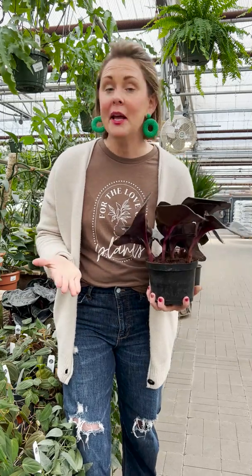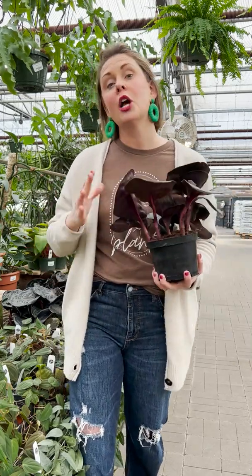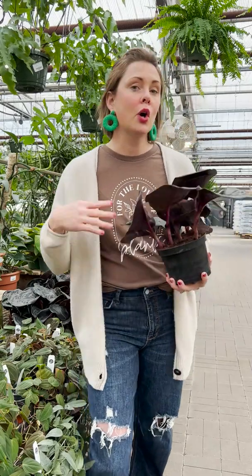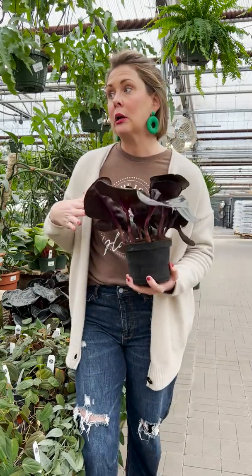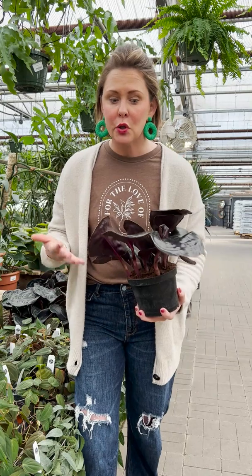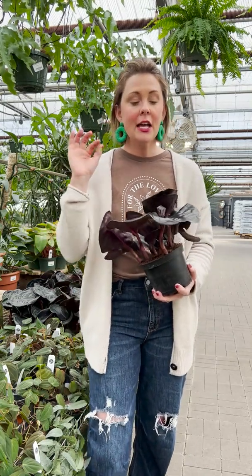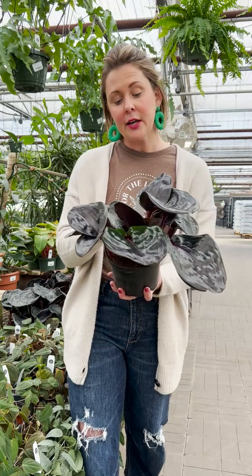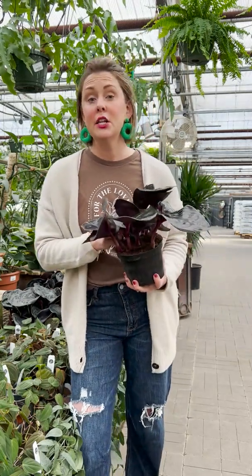Now, a lot of plant collectors will collect plants within a certain color category. For example, white and green variegation, or pink leaves, or dark purple leaves, or even black leaves. And I love this. This is a new plant for us. I don't even know if I can say it correctly. We're just going to call it the George plant,